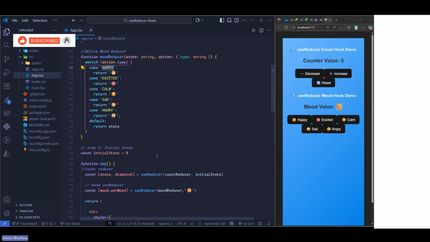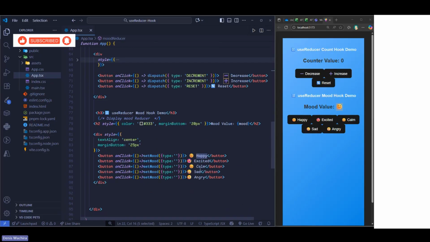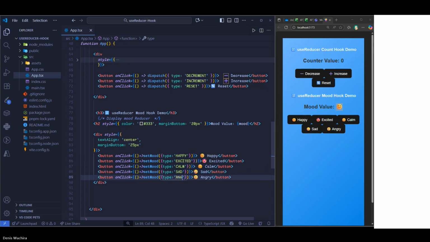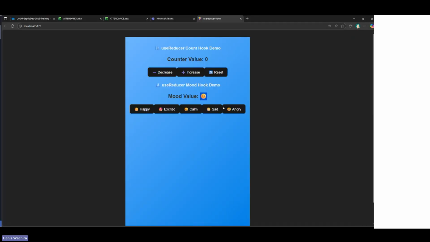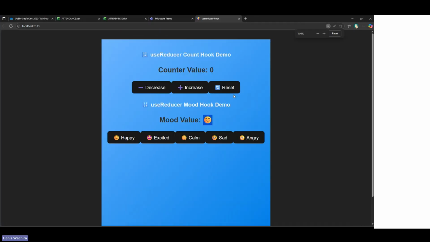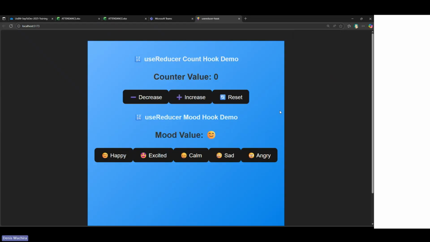So the first action is what? Happy. Whenever I click the first button, I want to dispatch an action of what? Happy. The second should be what? Excited. The third one should be what? Calm. The fourth should be what? Sad. And the last one should be what? Angry. And with that now, if I come to my application and try to click each button,